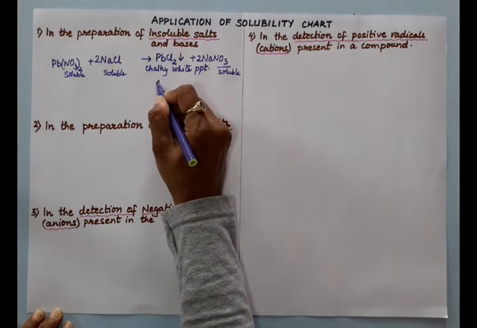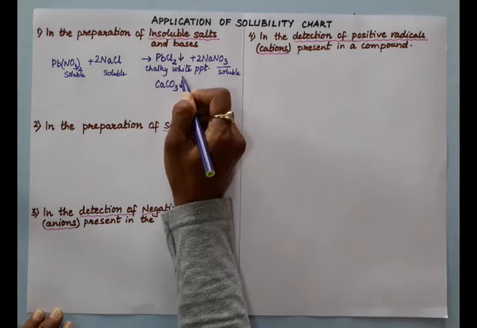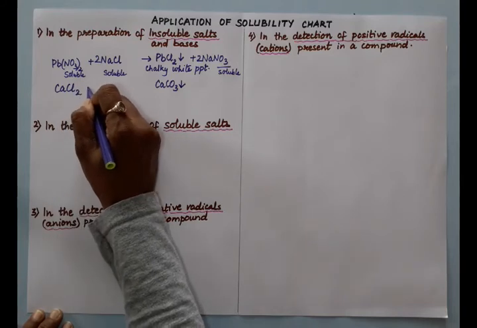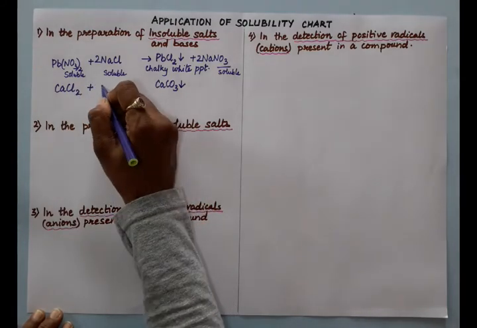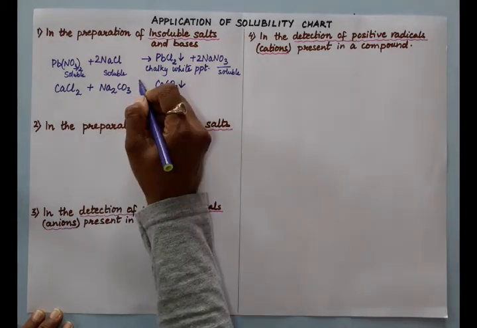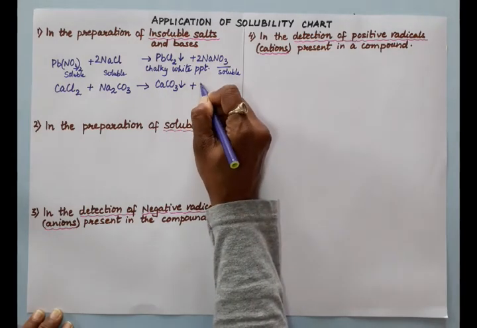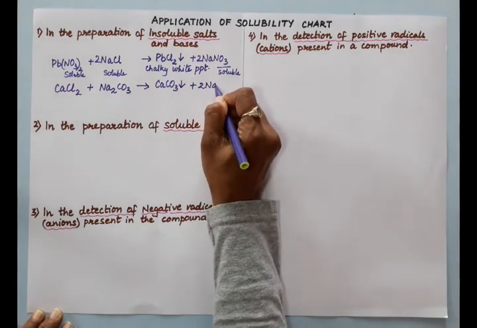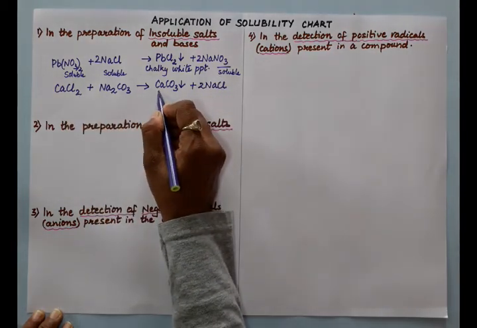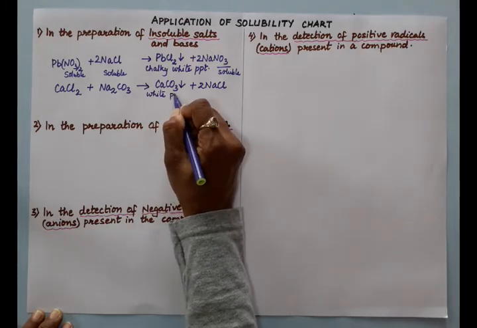solubility chart is useful. Now if we want to prepare calcium carbonate, which is also insoluble, we have to start with a soluble calcium compound, which reacts with any compound of sodium, potassium and ammonium. If you take one compound of sodium, potassium and ammonium, it will be easy for you to prepare the insoluble salt. So this is 2, this is 2, this is 2. Now this is also a white precipitate of calcium carbonate we are getting.